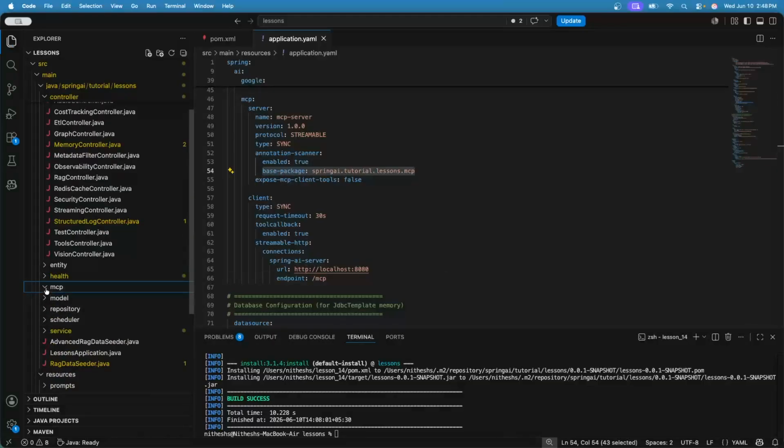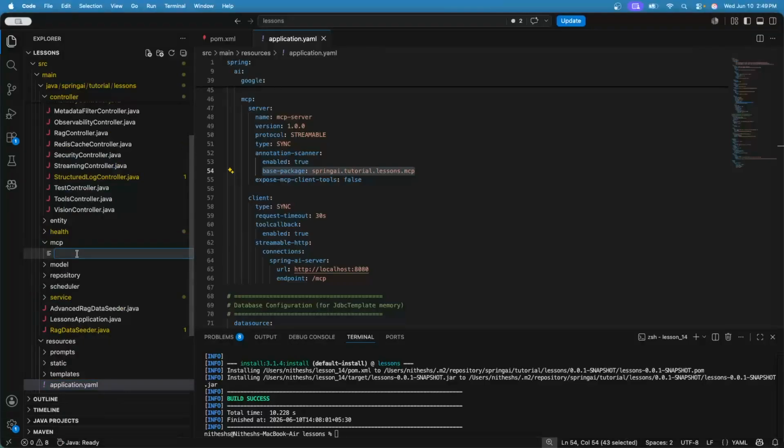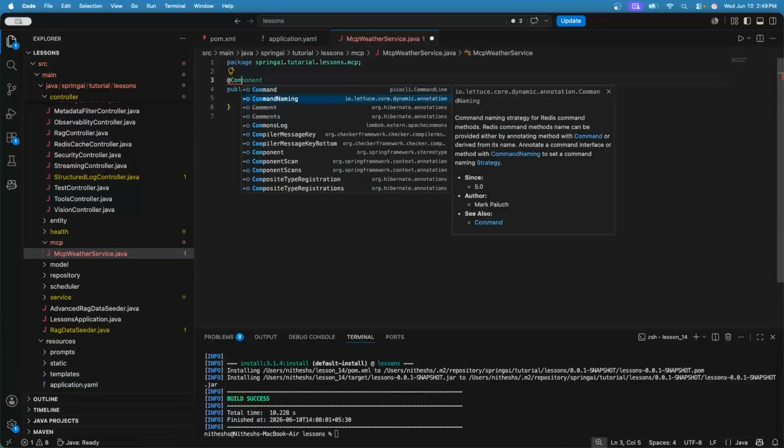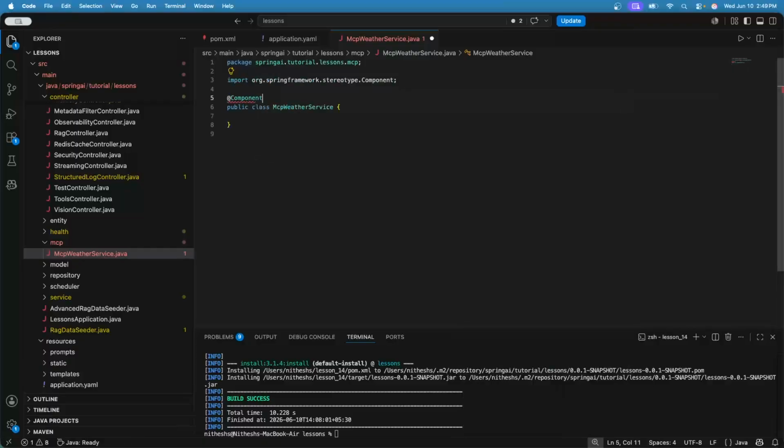So I'll create all the MCP server related files in this package. First, I'll define a component here, new file, MCPWeatherService.java. This is a component, so I'll annotate this with the Component annotation. Here, I'll define a method, getWeather, which takes two parameters, String city and String country.